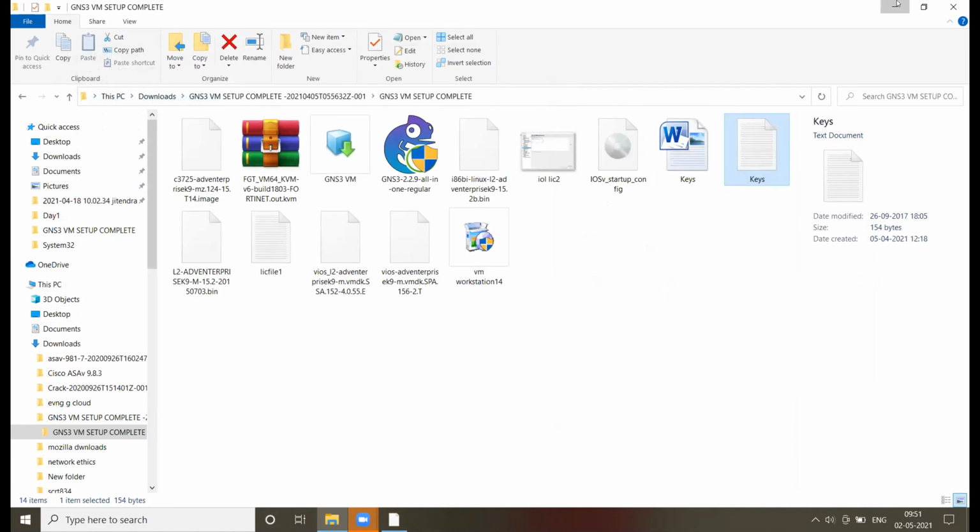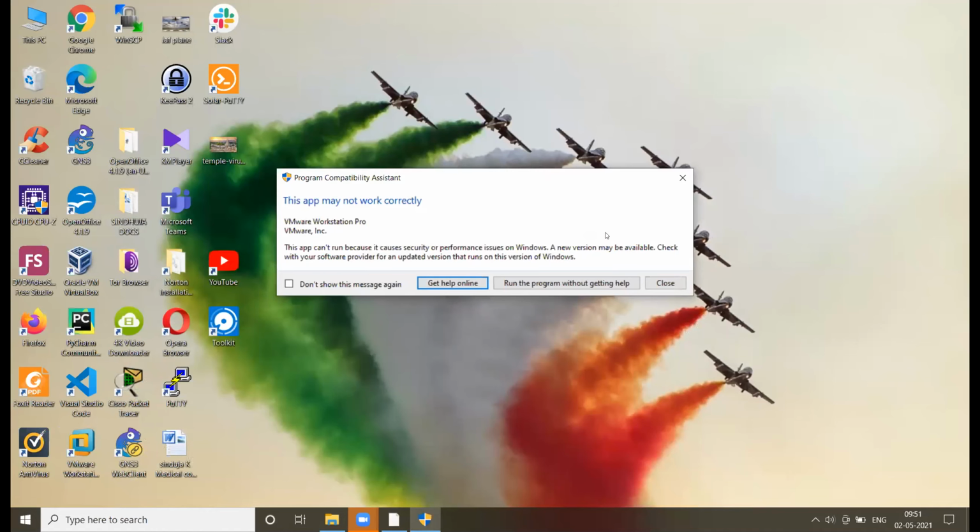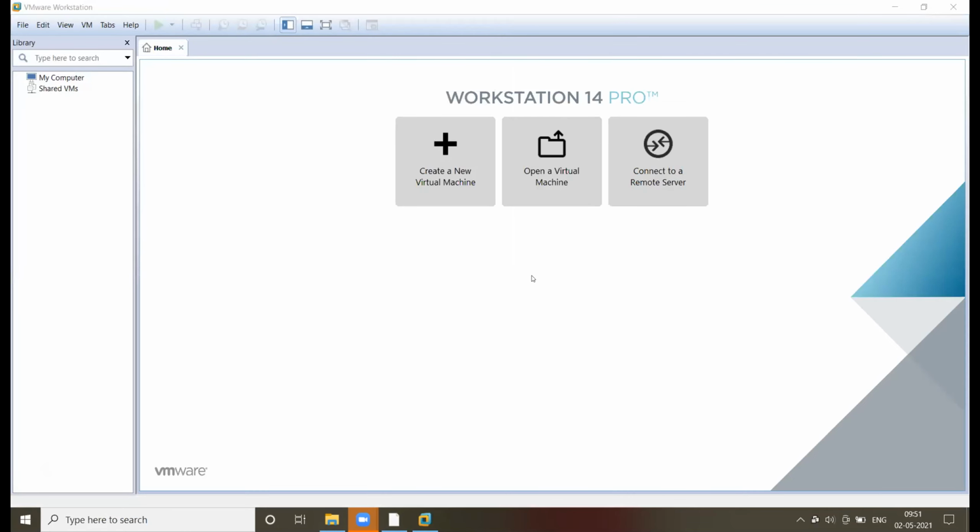Minimize this folder and open your VMware Workstation. Close. Now wait.